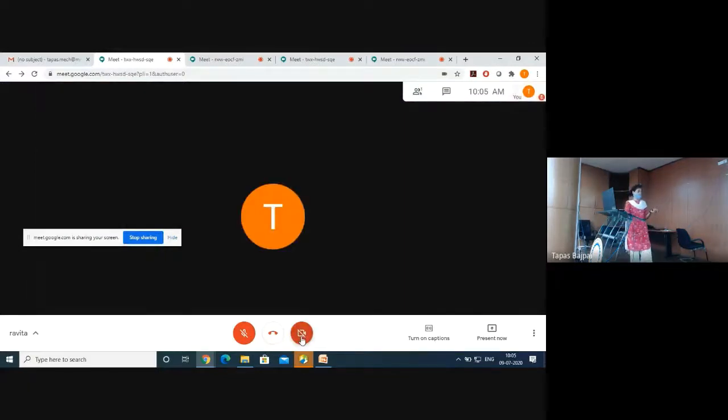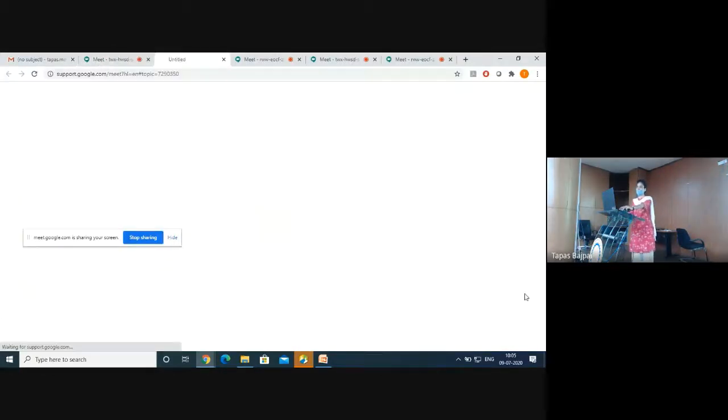Video we can also turn off so that we can listen properly, depending on the internet speed, and this also reduces the background noise. That's all about Google Meet.